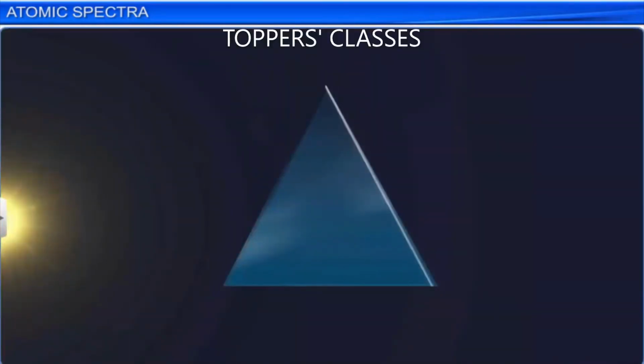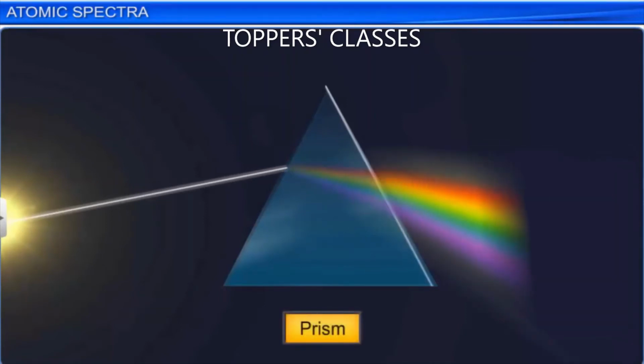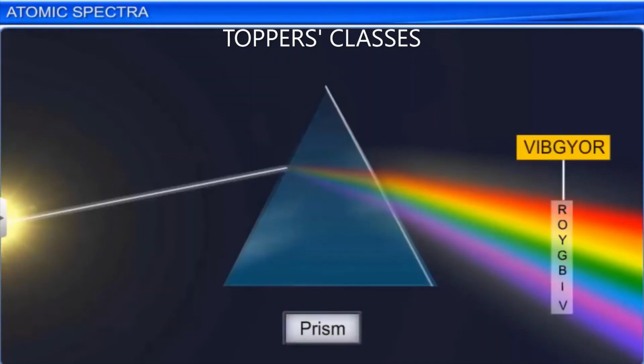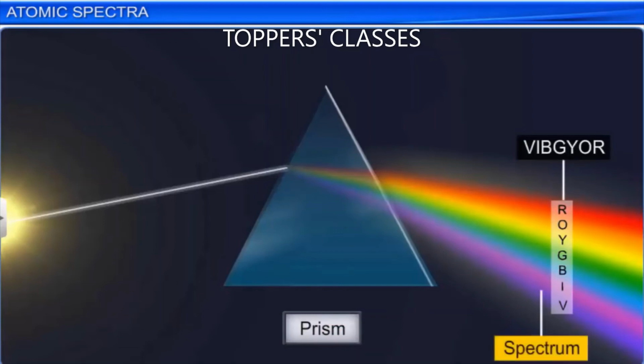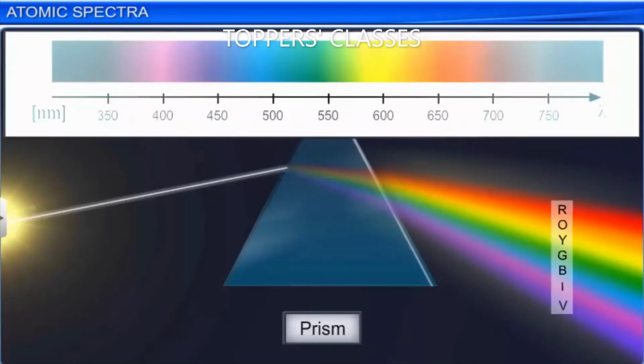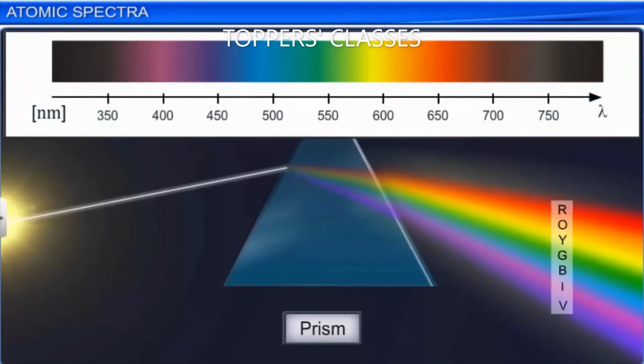When a ray of white light from the sun or an incandescent lamp is passed through a prism, it is dispersed into a continuous array of 7 colors, namely VIBGYOR. This is called spectrum. It is observed that in a spectrum, the radiation with lower wavelength bends more than the radiation with higher wavelength. That is why we see violet with lower wavelength at 400 nanometers and red with higher wavelength at 700 nanometers in the spectrum.